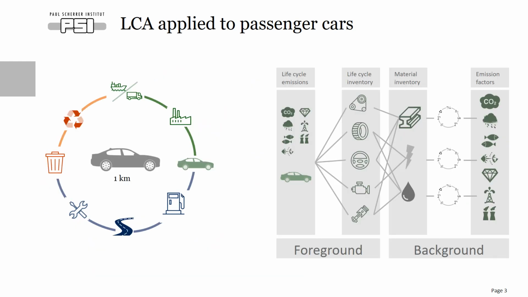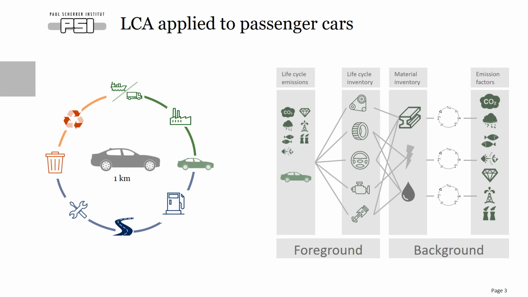Let's now have a look to the life cycle assessment of passenger cars. The life cycle would typically include the raw material extraction and energy conversion used to manufacture the components of the car, as well as the assembly of the components into shaping the vehicle. We would also include the shipping of the vehicle to the market,